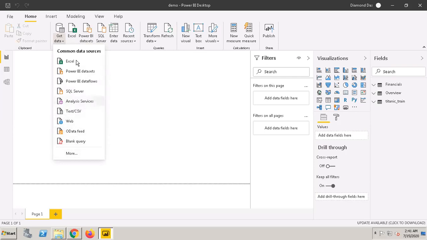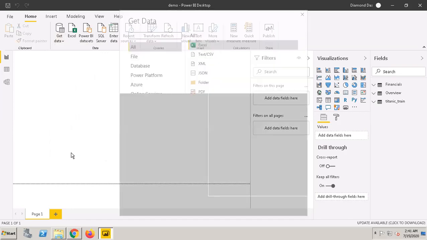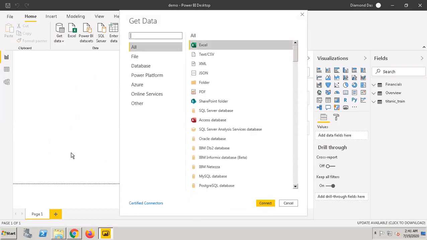These are the common data sources. But apart from this, there are a bunch of other data sources. If you can think of any data source, Power BI has it. If a direct connector is not available for some data source, there are always workarounds.